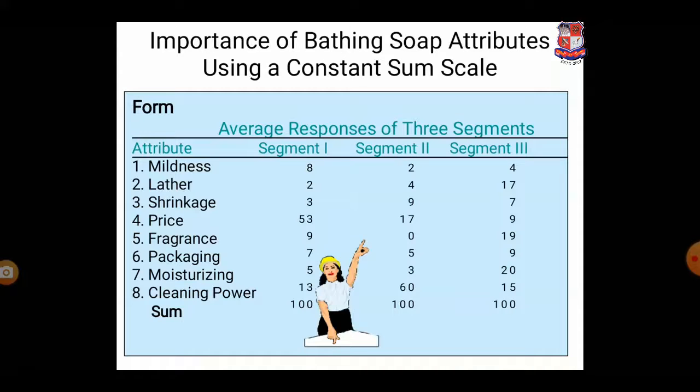So here we are able to make a comparison. Again, I am repeating the same thing: your sum should remain constant. It should be 100. It is not that it is 100 only. It can be 200, it can be 300. But the important thing is it should remain the same. It should remain constant. Based upon the important criteria, you can give a weight to the different attributes. This is all about the constant sum scale.